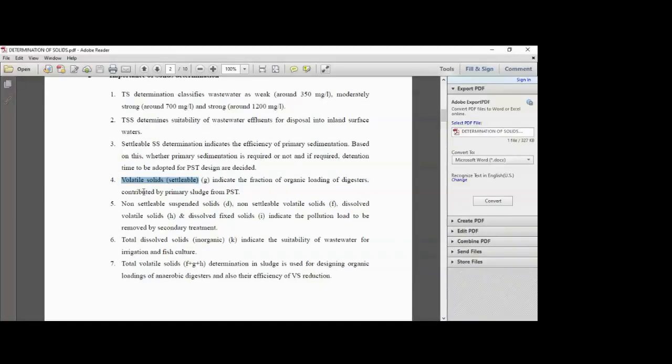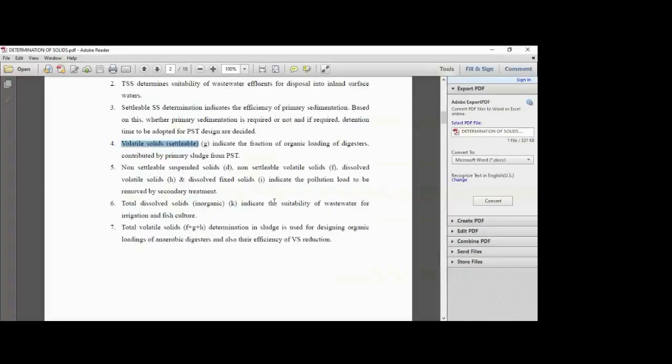तो नो दैट पर्टिकुलर नाउ दिस नो प्राइमरी स्लज का क्वांटिटी अगर हमको पता चल गया, तो आपको जो लास्ट में एनारोबिक डाइजेस्टर्स आपको तैयार करने टू हैंडल दिस प्राइमरी स्लज फ्रॉम द पीएसटी एंड एसएसटी, उसका वॉल्यूम कितना डिसाइड करना है वो भी आपको कहां से पता चलेगा, यू विल बी गेटिंग टू नो इट फ्रॉम द वोलाटाइल सॉलिड्स concentration।